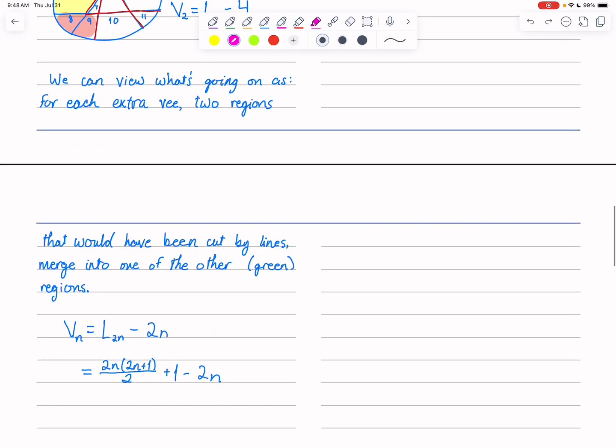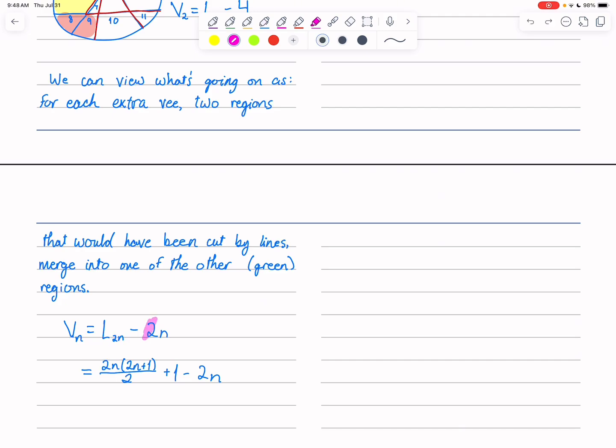And from this perspective, we reason that V_n is equal to exactly what you would get from doing straight lines, right? By the way, I'm using V_n, and I think it's probably clear, for the number of regions that you get with n V-shapes. And I'll use L to talk about the number of regions that you would get from a given collection of lines. And so for any given V-shapes, you get the same thing as if you had twice as many lines,